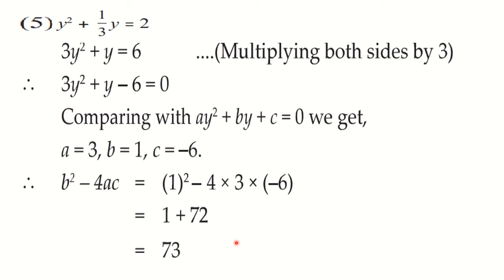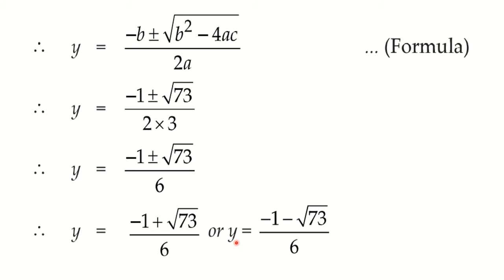Now the next step is to write down the formula. Okay. Now since here the variable is y, you are going to write y is equal to. Don't write x is equal to in a hurry. Whatever variable is given in the question, you have to write down the same variable. That y is equal to minus b plus or minus under root b square minus 4ac upon 2a. You can write down the reason here, formula or by formula. Then the next step is to substitute the values.